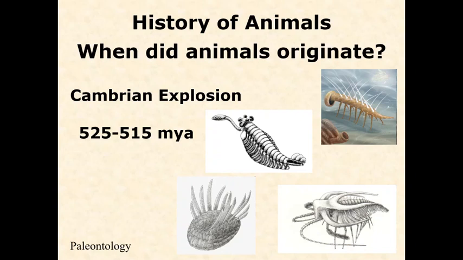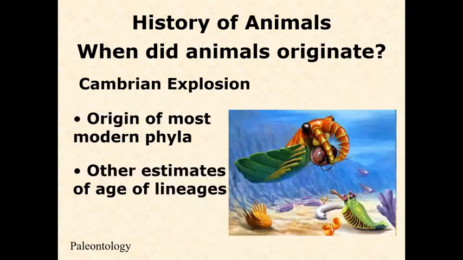Some of them are so bizarre that they're a little difficult to place in modern phyla. So you look at some of these, some of them look like crustaceans, although a little bit weird, but others look like nothing else on Earth today, and that's because they may very well have left behind no descendants. So a rapid, almost like experimentation with very diverse and complex groups of animals. And even though some of them are hard to place, others are very easily placed within modern groups. And so we see the appearance of all of our modern, well, most of our modern phyla,